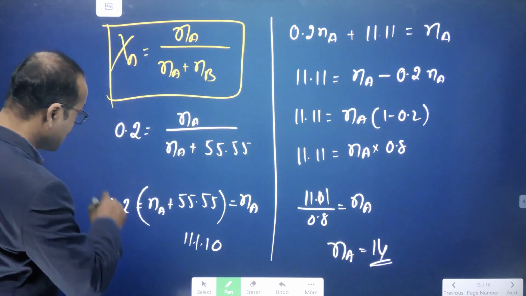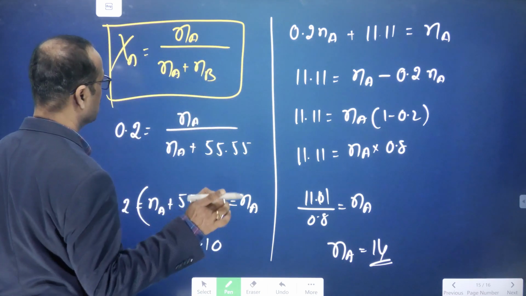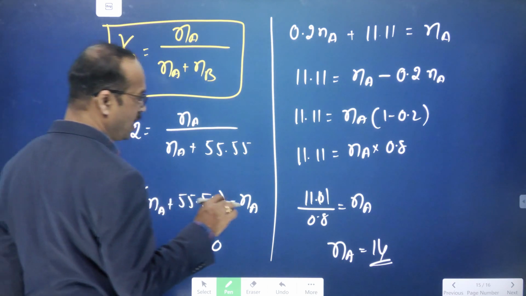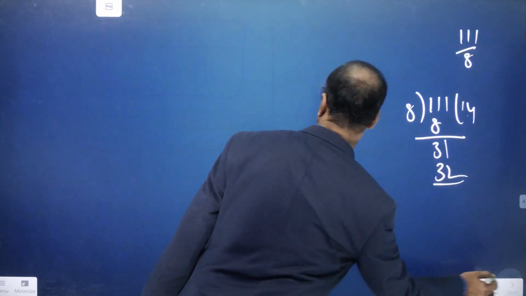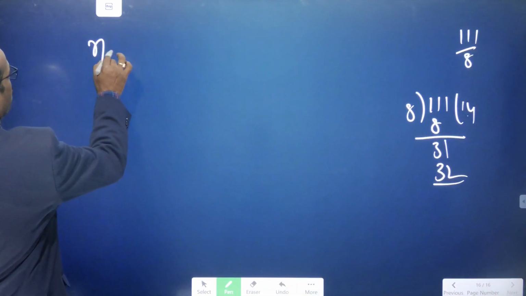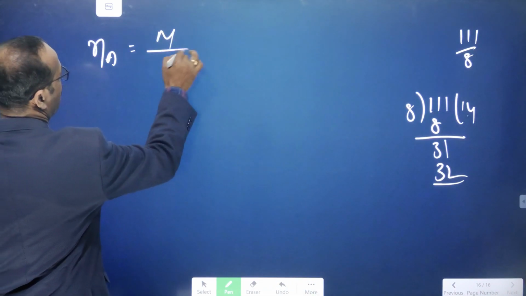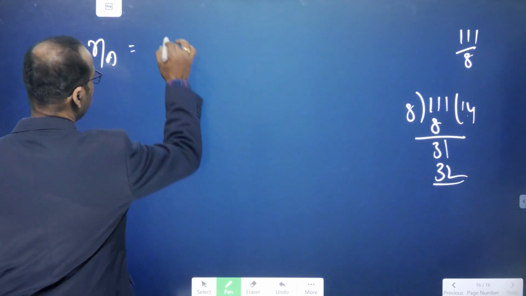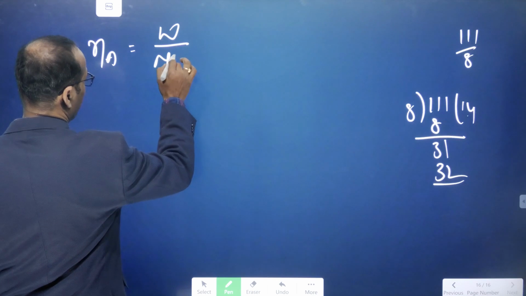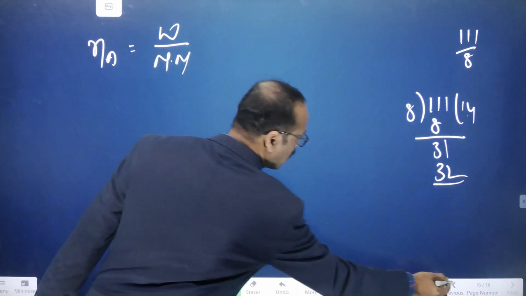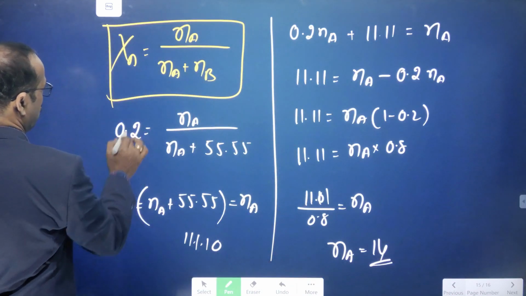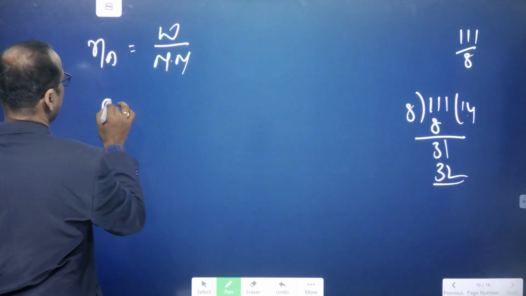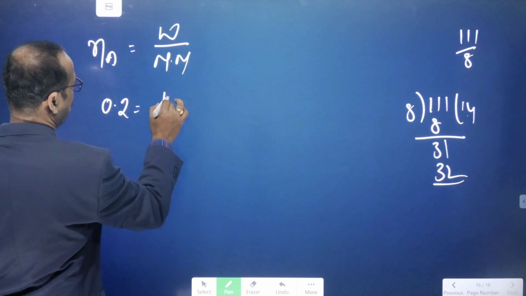Now they're asking to find the mass. So I have a formula: number of moles is equal to mass or weight by molecular mass. Na is already given, Na is equal to 0.2. So what I do now? I'll write 0.2 is equal to weight by,